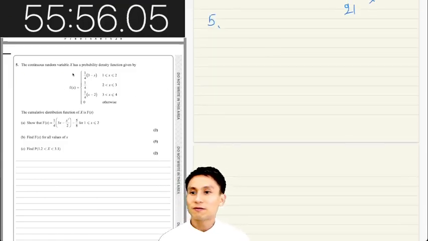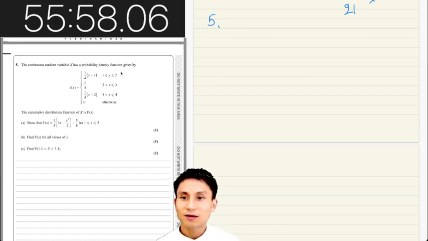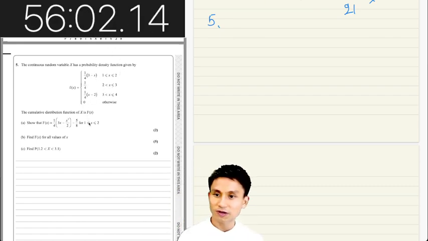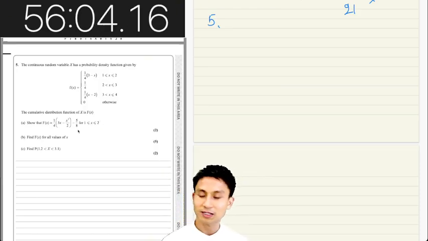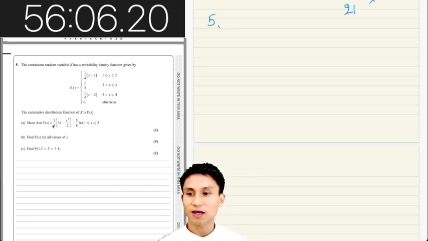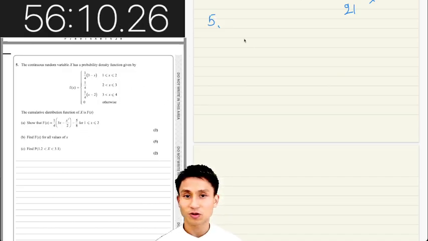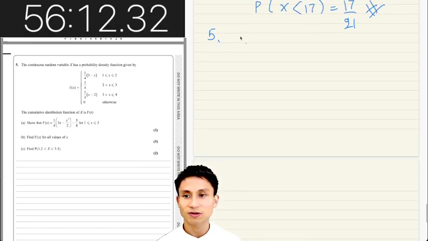The continuous random variable x has a probability density function given by that. The cumulative distribution function of x is F(x). Show that F(x) is that, for 1 ≤ x ≤ 2. Okay. So we're just going to have to